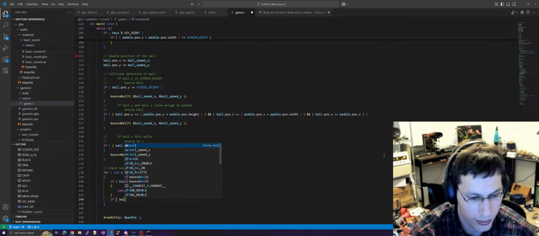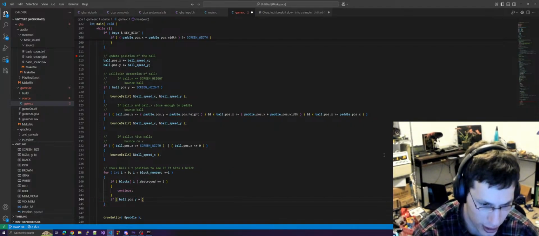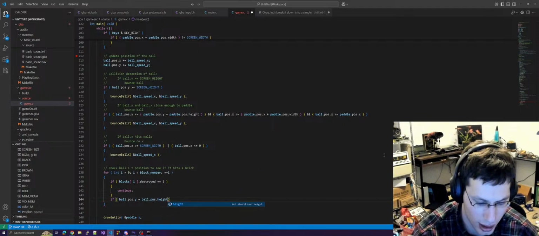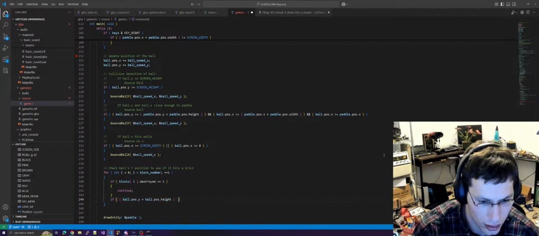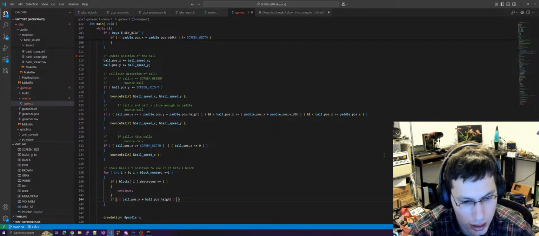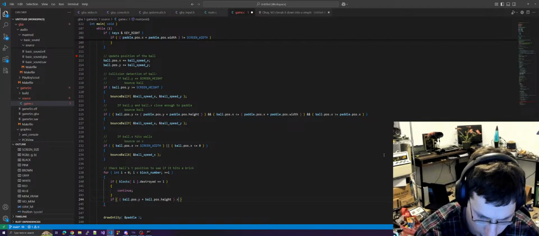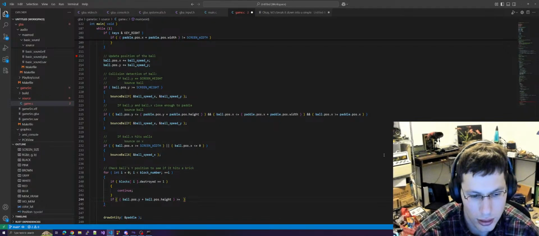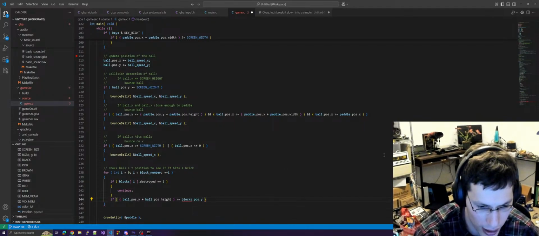If ball.pos.y plus ball.pos.height is greater than or equal to blocks.pos.y